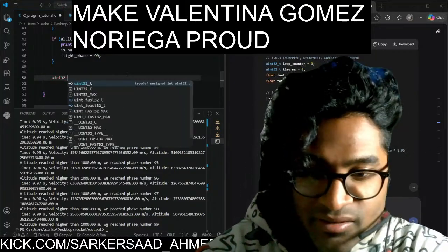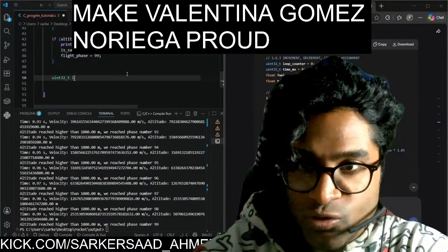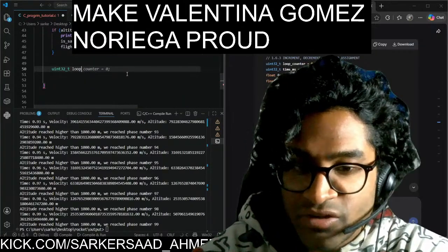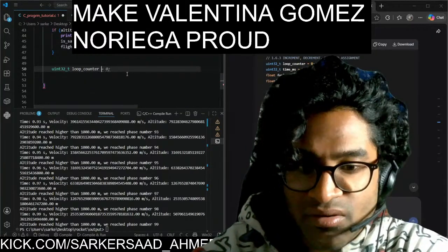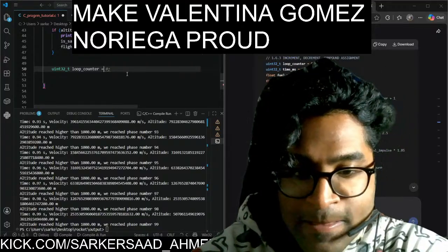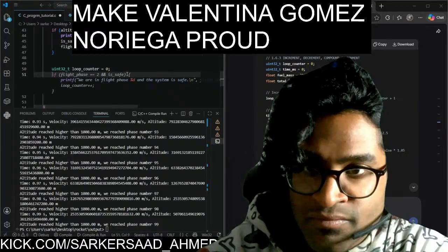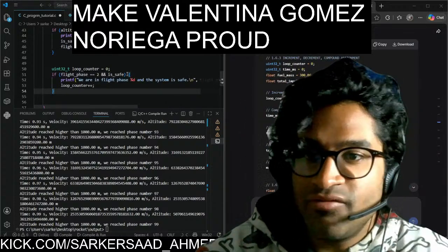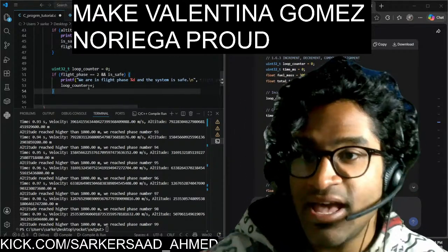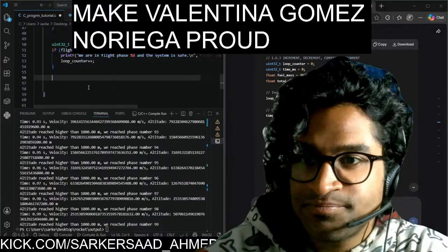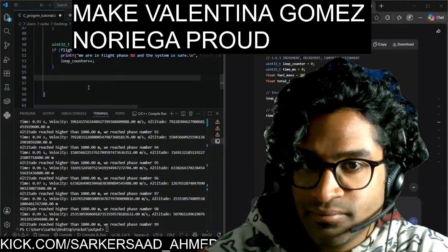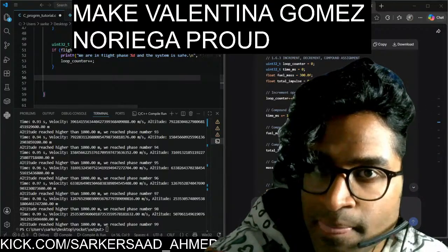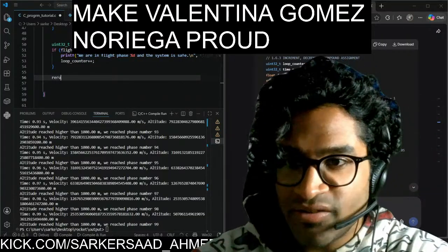uint32_t, the loop counter. Did we write loop counter? No. Loop counter is 0. And then if flight phase is 2 and is safe, then, in flight phase 2 and the system is safe. Else, no, we don't have to write else. But what does it do? I'm so confused. Can we run this? So if I write return 0,